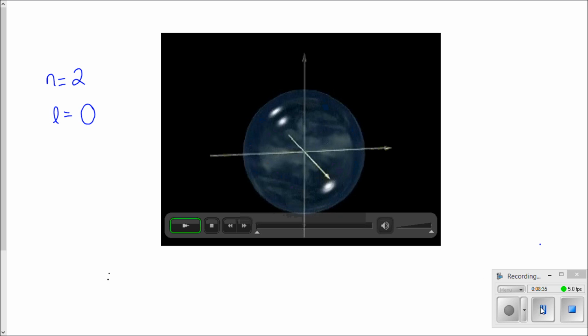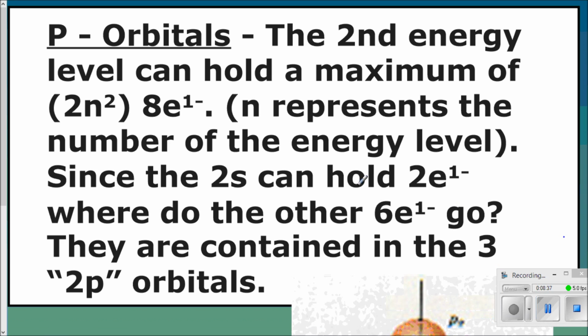So the next type of shape that you can be is something called a p orbital, and it's in the second energy level. This is when this happens, in the second energy level. And a p orbital can actually hold 8 electrons, where an s orbital can only hold 2. I didn't mention that previously. So if we use this equation to figure out how many electrons total can exist in any shell, we'll talk about this specifically tomorrow. But if we take a look at a 2p orbital, this is actually what it looks